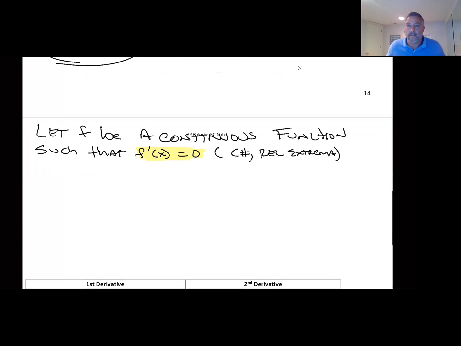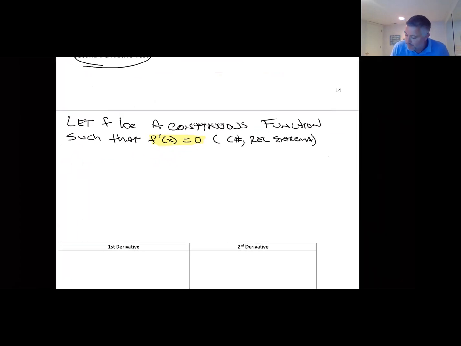All right, so when that happens, what do we have going on here? We get a horizontal tangent line, which means that we have turned around possibly. So what we're going to do is look at the second derivative at these points. If f double prime of x is less than 0,